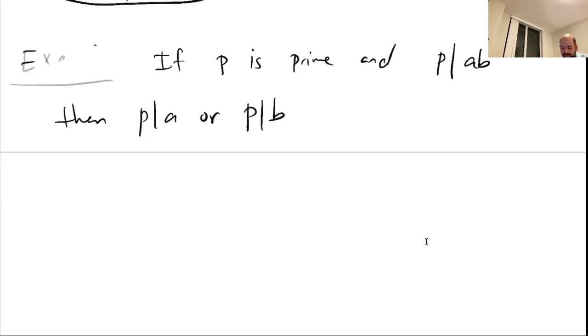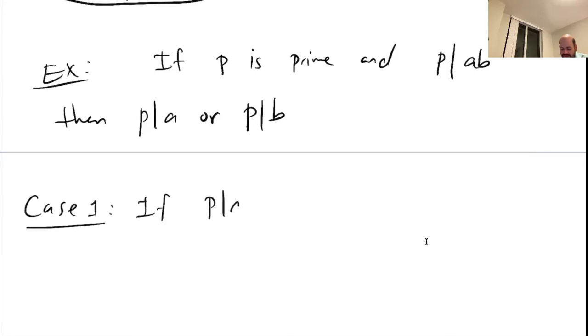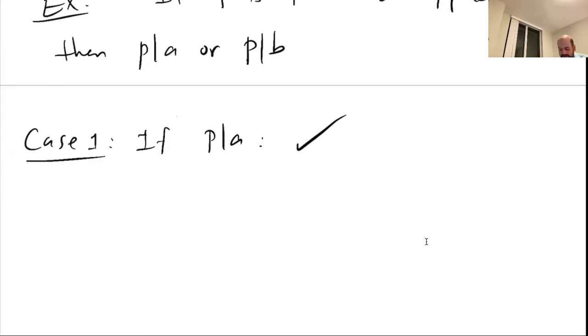Maybe I can write the proof. So let me write this one as an example instead of an exercise. So I can consider two cases. Case one, if P divides A, then we are done, because I want to show P divides A or P divides B. So if P divides A, well, I get what I need. Case two,